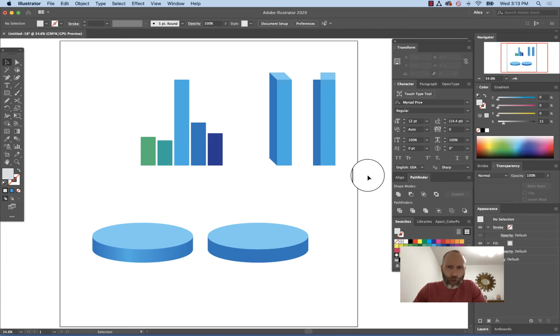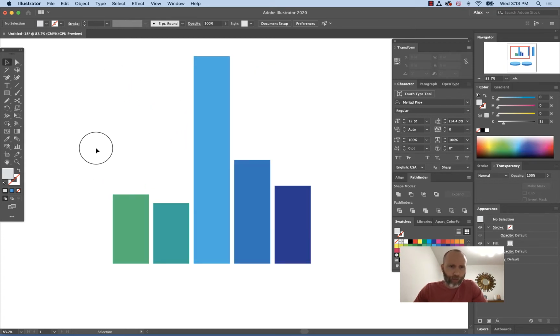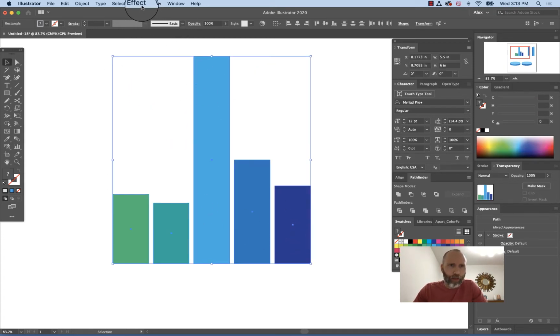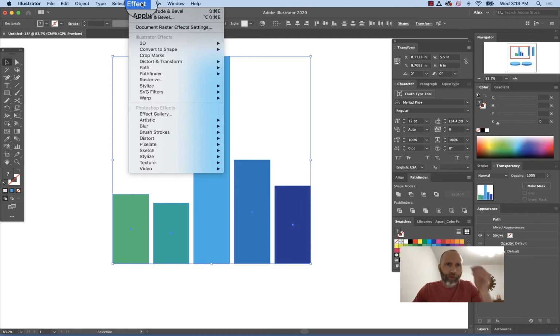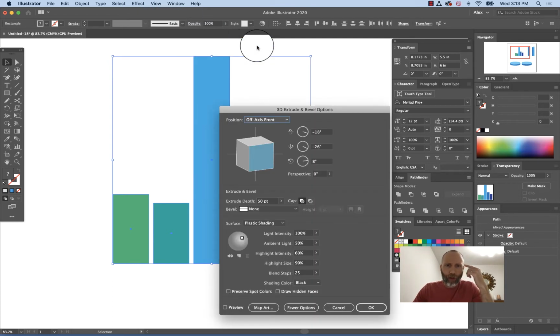Ray asked me to show how to do some dimensional effects in Illustrator, so I'm going to quickly demonstrate a couple techniques here. Some of them are going to use the bevel and extrude 3D features in Illustrator. So for example, I created just this really simple bar graph here. If I then scroll up to Effect and then go to 3D, Extrude, and Bevel, from here